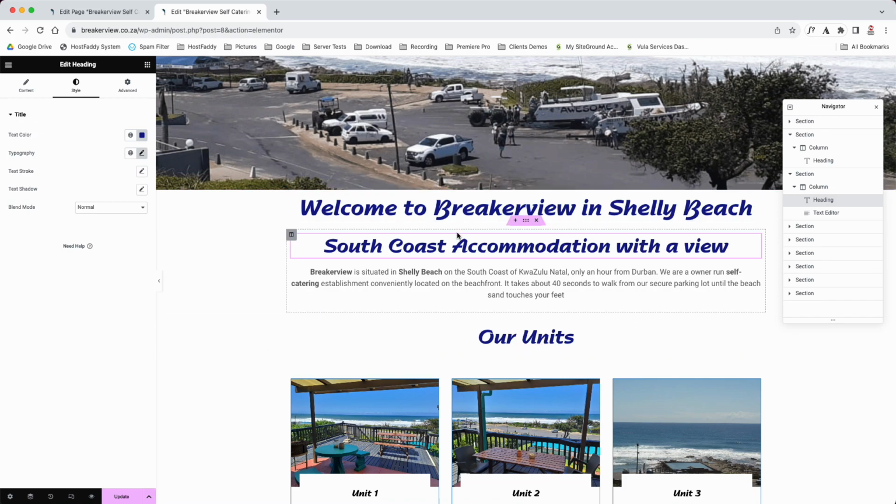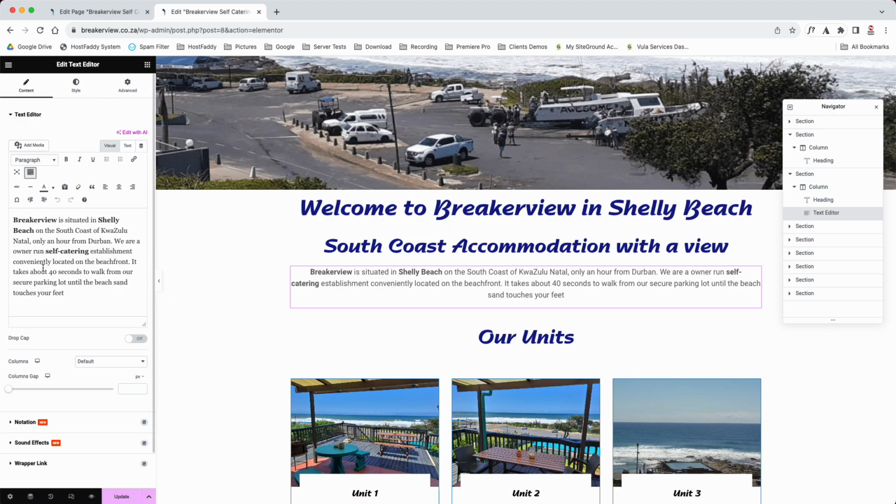So if we just scroll down a little bit, we'll come to another where it's a text box. If we click on it, on your left-hand side, you'll see it says Edit Text Editor. Now, here is your text. The beauty of it is it kind of looks like a Word document, basically a basic version of the Word document. One thing I would like to say to you is that if you want to change the alignment, let's say you want to make it all to the left for argument's sake,